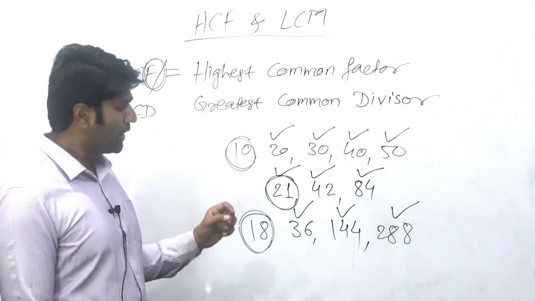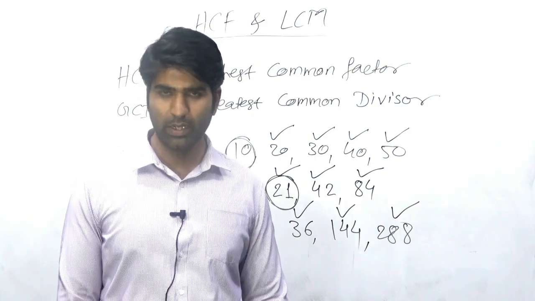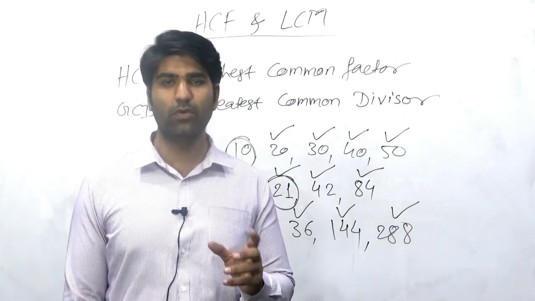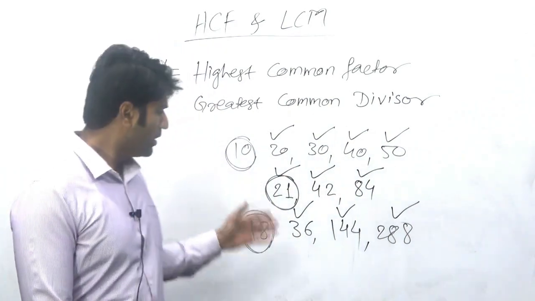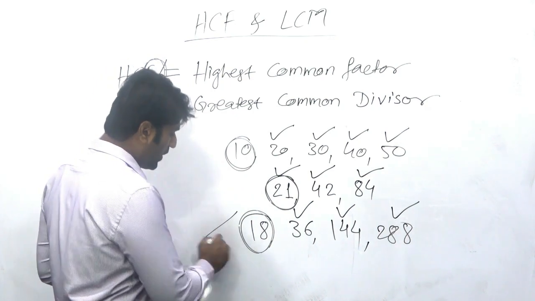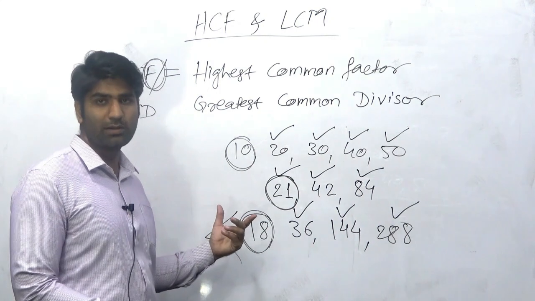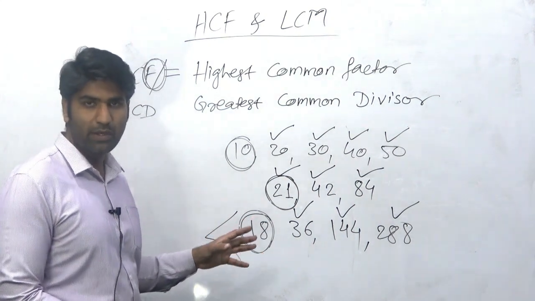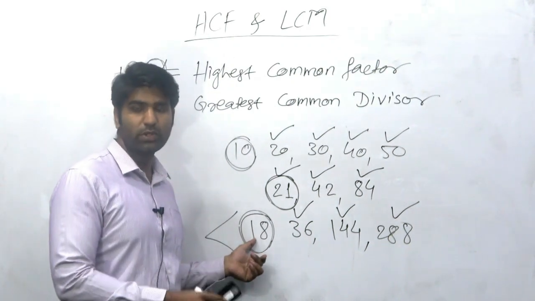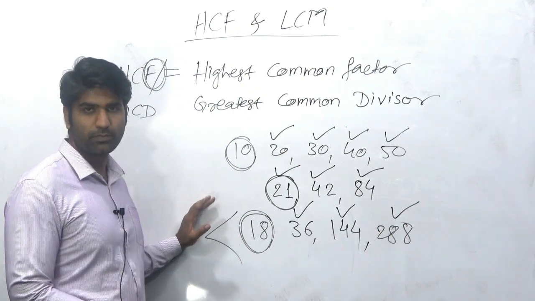Okay, so it works sometimes when the numbers are like these, right? So first check whether the smallest of them is their HCF or not. If not, then go by the division method. And the answer is always less than or equal to the smallest number, because highest common factor means factor of all the numbers, which means a factor of the smallest number also.